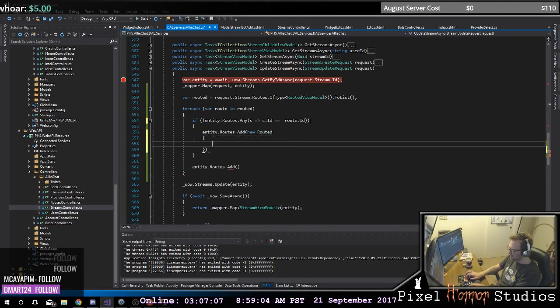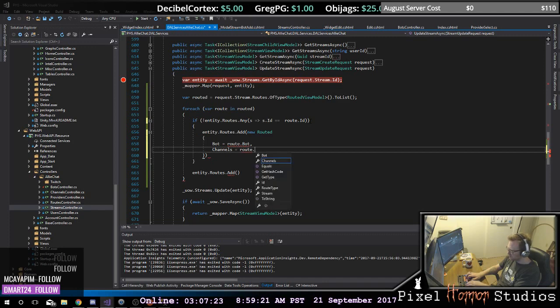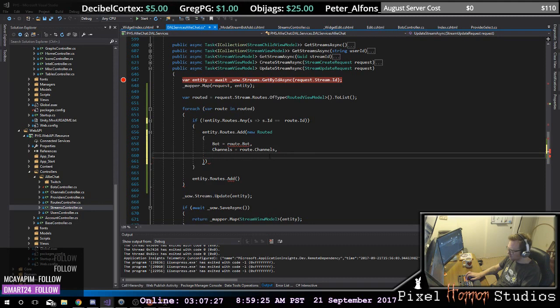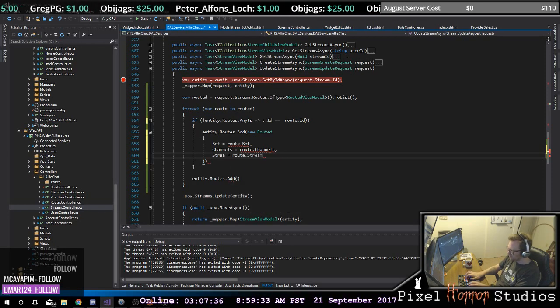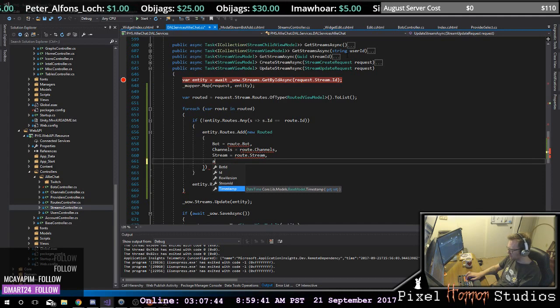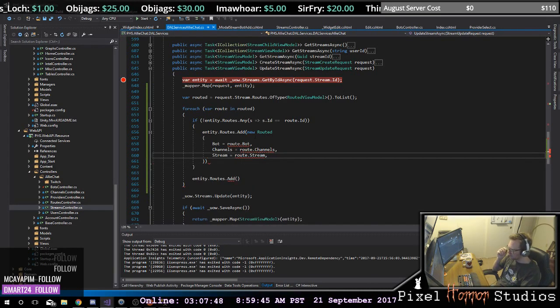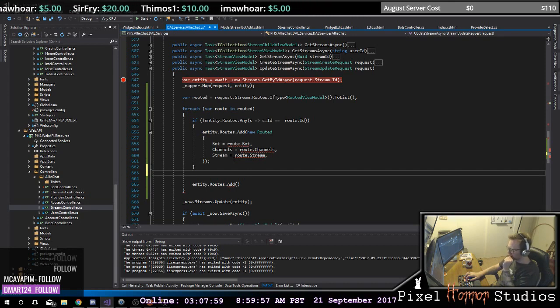And you're in the service layer, right? So it's going to be bot is equal to your route.bot. It's going to be your channels, which is a list of route channels, equal to your route.channels. And then you're going to have a row version, stays the same. You have a stream. And then you have a timestamp that is the same, like that. We'll fix those in just a minute. Else,